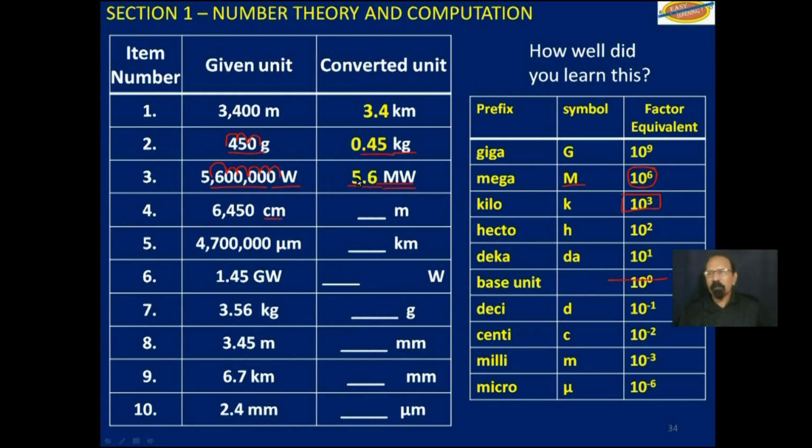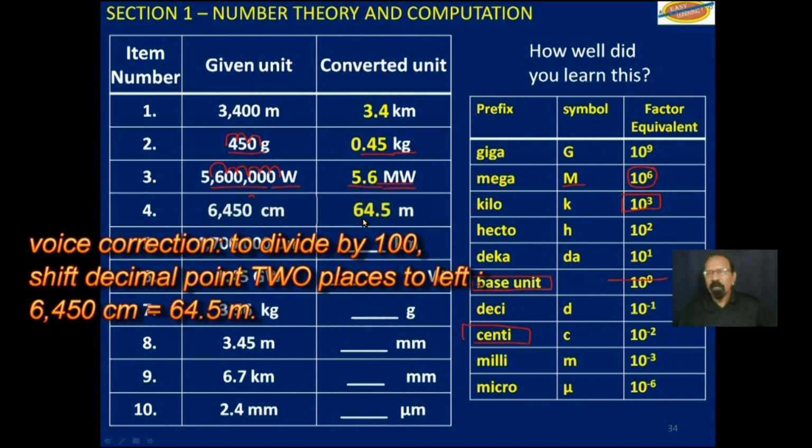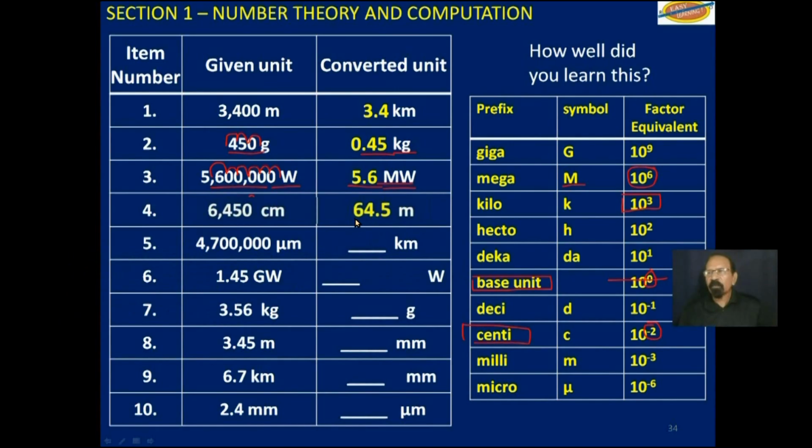Now we are going from centimeter to meter. We are going from a smaller to a larger, so we'll have to divide. And again, you don't need this table, because you would have learned that it takes 100 centimeter to make a meter. So you divide by 100. Shift the point 1, 2, 3, and you get 6.45. You could still use this to get the factor difference. 10 to the 0 power divided by 10 to the negative 2 power. So you subtract the indices and you get 100. Next one. Now this one is a little harder.